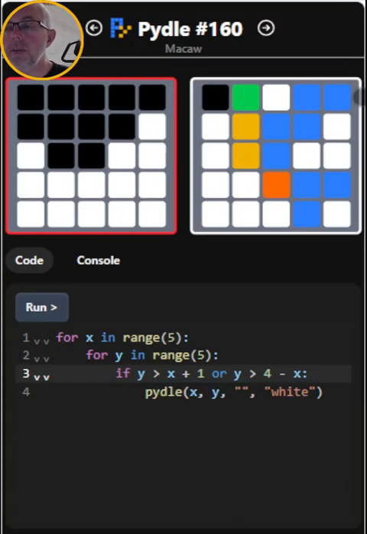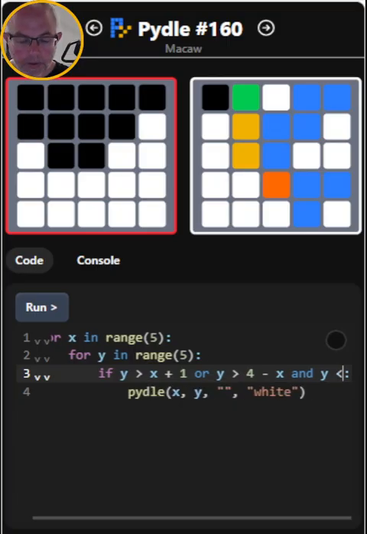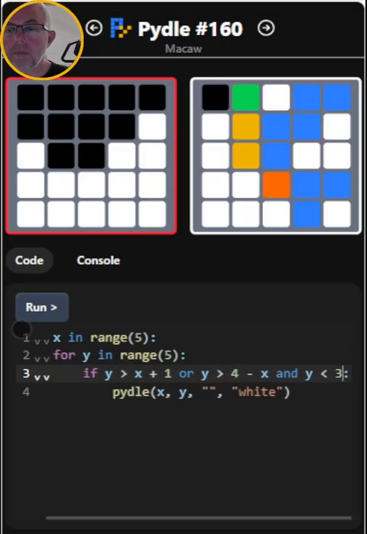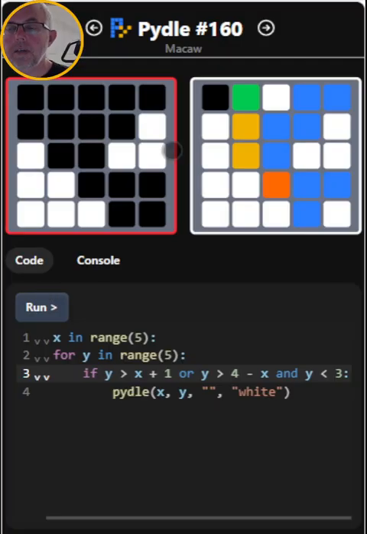You can see we're on the right track there, so we basically just need to say stop if y is bigger than 2. So we must say and y less than 3. Okay,